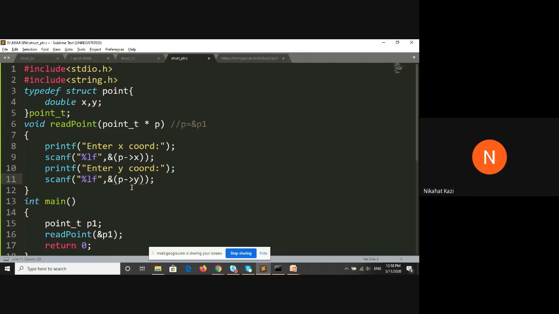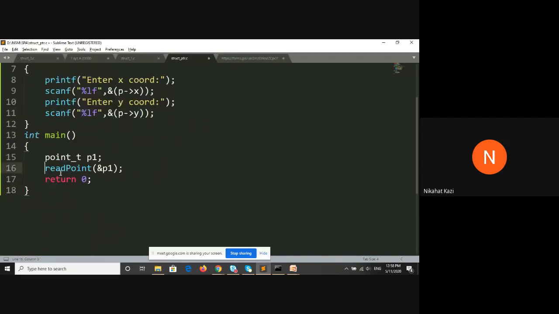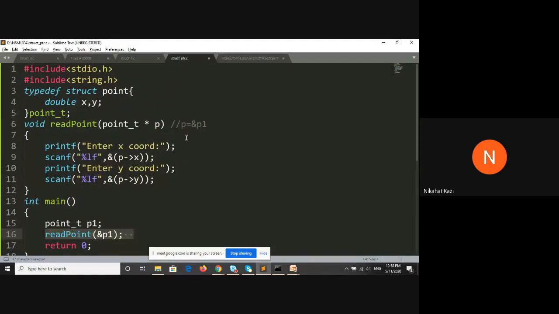So how this works is, first of all, in main you are writing this kind of a call. This variable you've created in main has memory allocated for it, and you have given a call to read point with this variable's address. Since this variable's address is passed to read point, p is equal to address of p1.